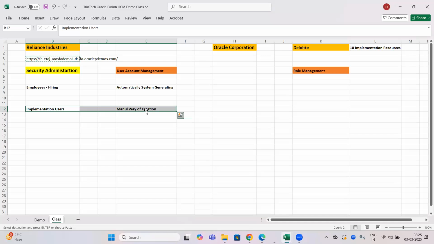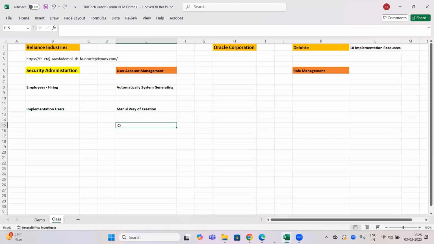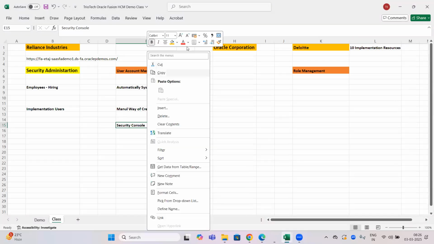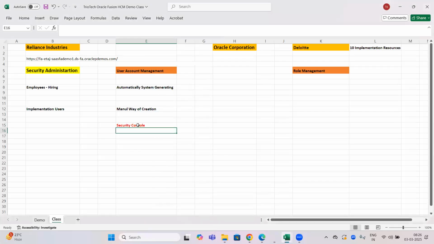In Fusion application, the entire security will be handled in one single place called security console. People who have prior EBS or PeopleSoft experience, we have a different approach there. In EBS, we have to have Oracle Identity Management, and we have a separate instance where we have to go to create the accounts. But in Fusion, we have a concept called security console. The entire security in the Fusion application is handled in one single place called security console, where we have to go